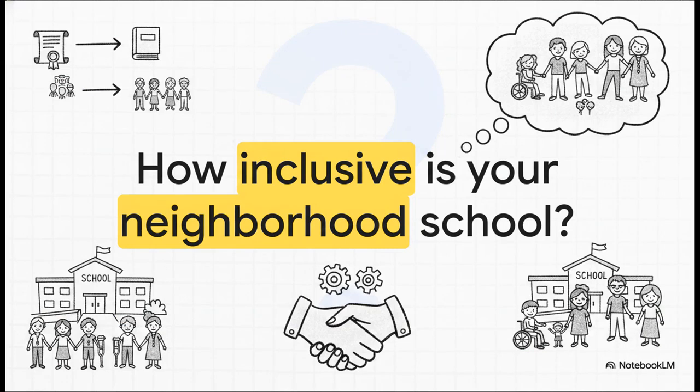So, we've traced over 6 decades of international legal progress today. From a super vague right to education all the way to a strict, legally binding mandate for full integration and child-centered learning. These frameworks absolutely change the world on paper. But as we wrap up this explainer, I want to leave you with a real question to chew on. How inclusive is the school in your neighborhood? Has your local community truly lived up to these decades of hard-fought progress?